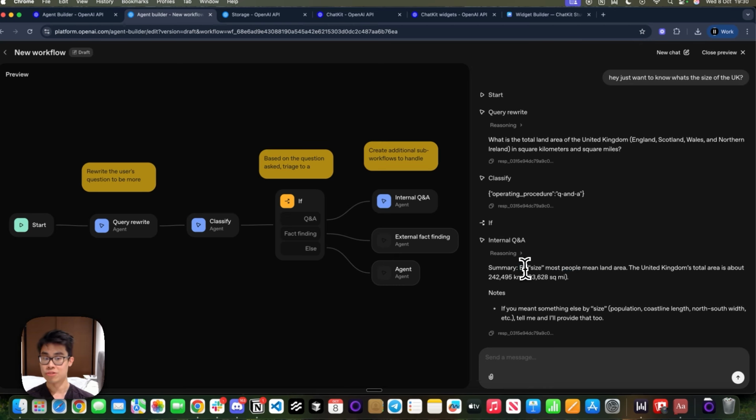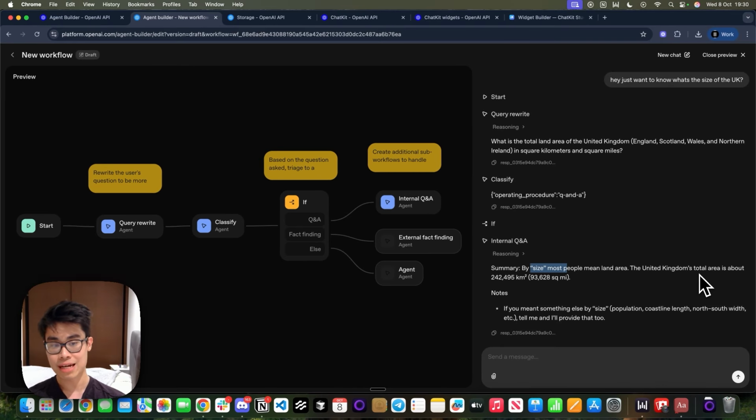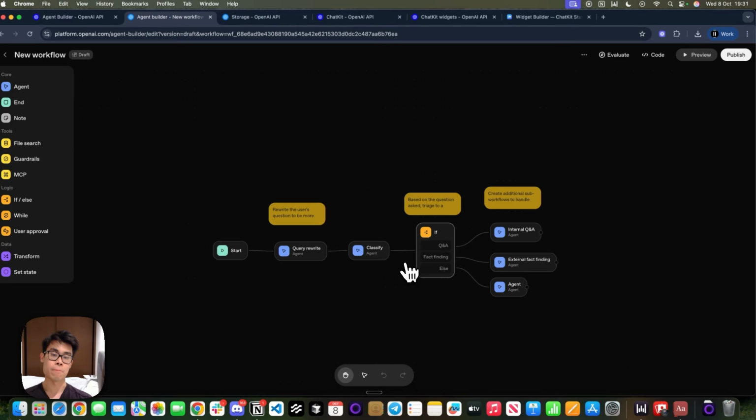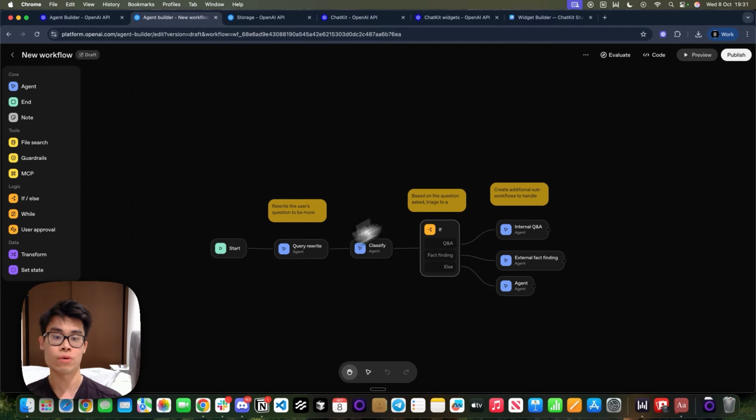But in that area, yeah, that was not clear, right? What I meant by size. But by size, the AI is assuming the total land area, which is about this many kilometers squared. It knows that because it uses the web search tool the internal Q&A agent has access to, right? So hopefully that's clear on how we think about the flow of such things, at least from a little bit